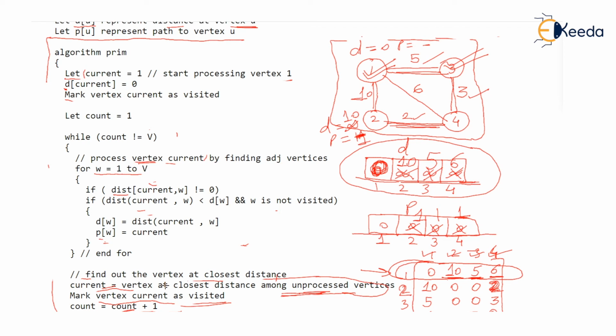When we return in the next video, we will see the analysis of this particular algorithm. Believe me, it's going to be very easy. The time complexity is very easy for this. By the way, I'll just tell you the time complexity of this is big O of V square, where V is the number of vertices. In a few minutes, we will do the complexity of Prim's algorithm using an adjacency matrix.